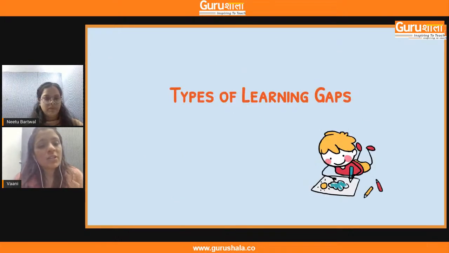Yes. So teachers, like we just addressed learning gaps in this audience poll, and we spoke about how maybe lack of motivation in students can be one of the reasons why these learning gaps exist. These learning gaps can be of various types, and the meaning of learning gaps is basically the disparity between what a student has actually learned and the amount of knowledge or learning that they are supposed to have at a certain age.